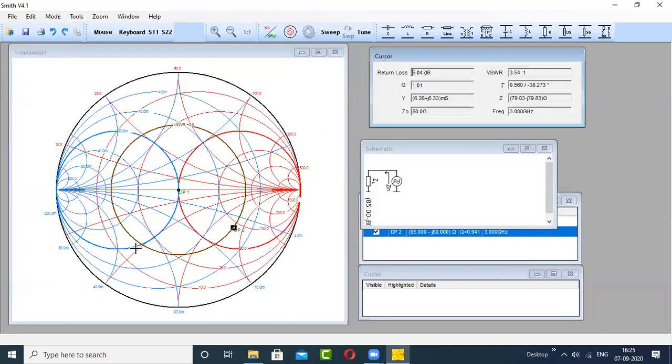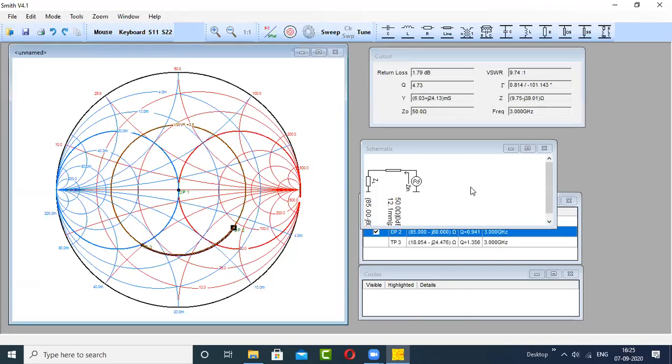So you have to move from the load end and land on this conductance circle, because this conductance circle will actually take you to the center of the Smith chart. Either you can land here at the lower intersection point or the upper intersection point. But generally, we place the stub near to the load. That's why the first point is the suitable one. Now you have to add a transmission line of certain length. For that, just click on the line and click this intersection point.